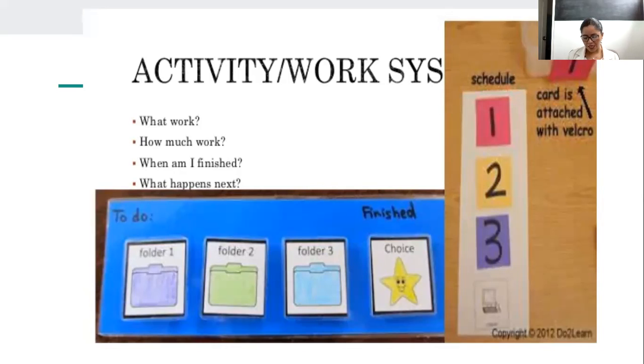If these activities seem quite difficult to manage in a group because you have too many students, for example, the idea is just to have an agenda on the board with the activities that they need to do, and you can just cross things out as soon as they finish. Or while they are doing an activity, when they finish, you cross them out, and that will give them a sense of achievement as well, which is very important.